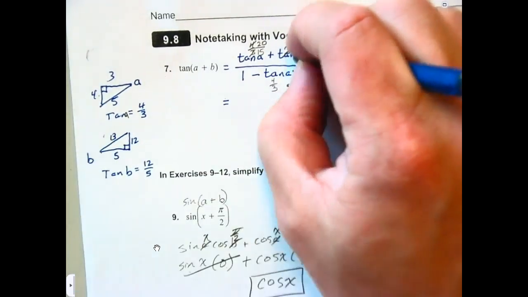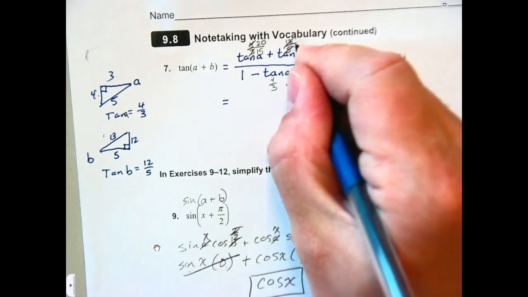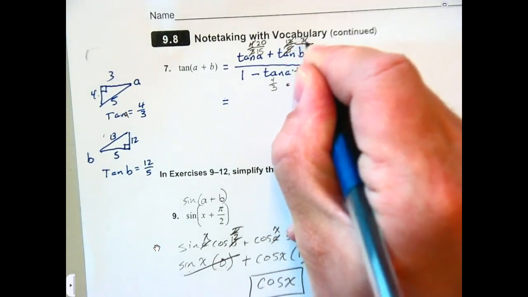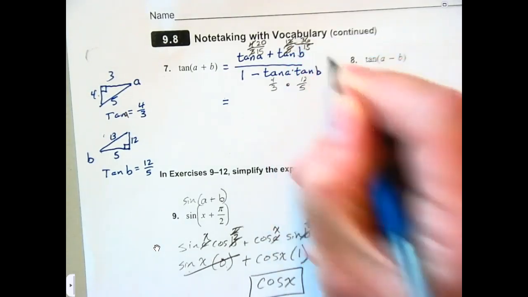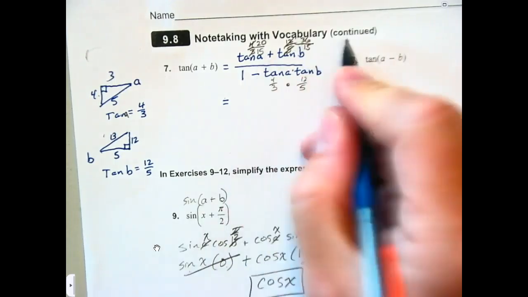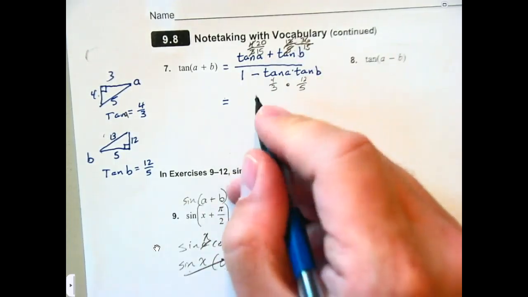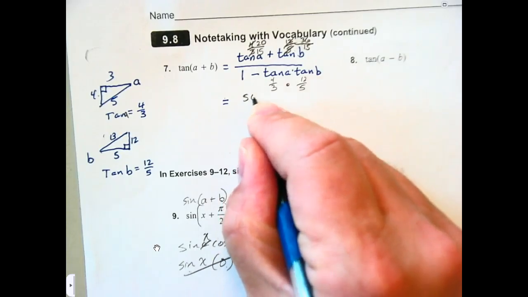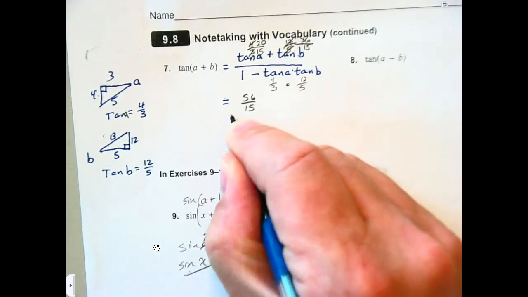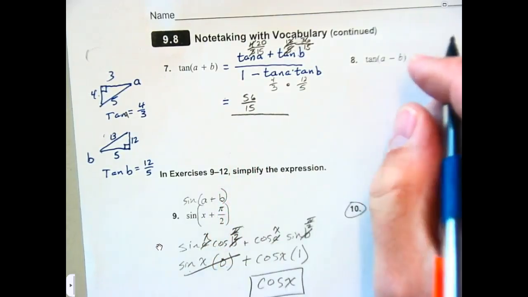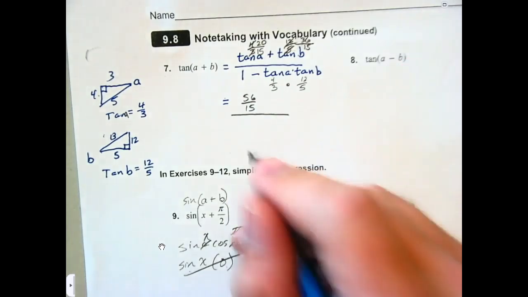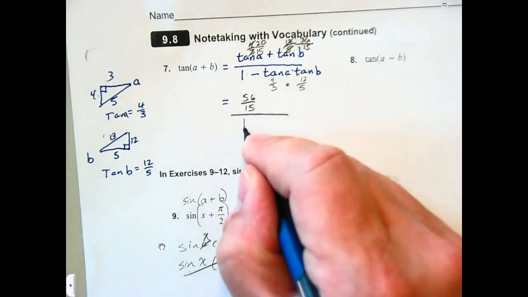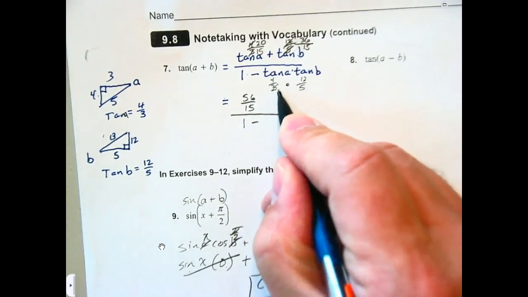Getting kind of squished up there, hard to see. So fix that up. So we have 20 fifteenths and 36 fifteenths, which when we add together we get 56 fifteenths as our numerator. All over, we have 1 minus, cross cancel,